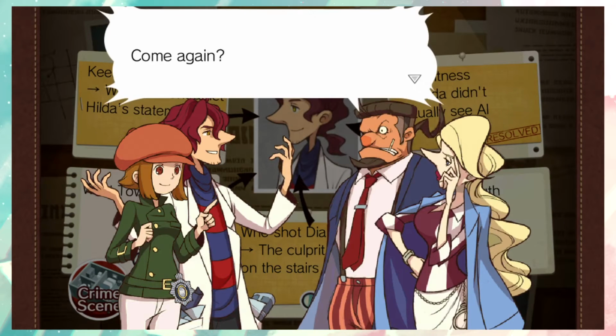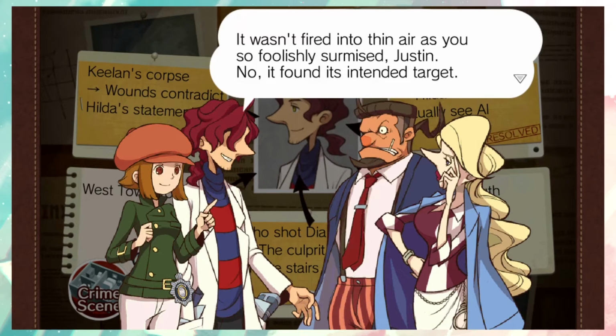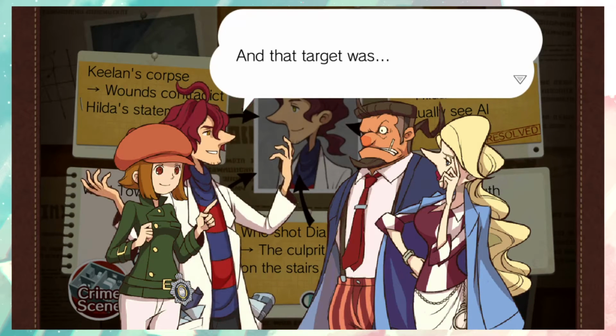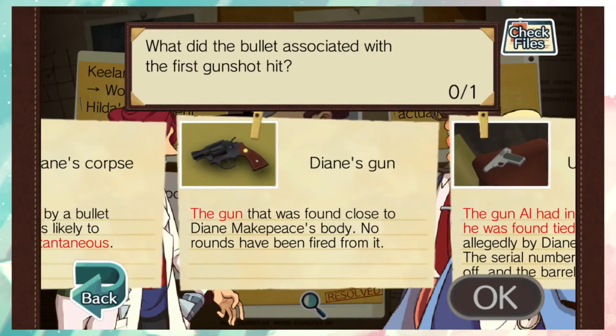Anyways. Come again? The answer is staring you straight in the face. That first shot that was part of the act is the key. It wasn't fired into thin air, so you foolishly surmised, Justin. No, it found its intended target. And that target was...